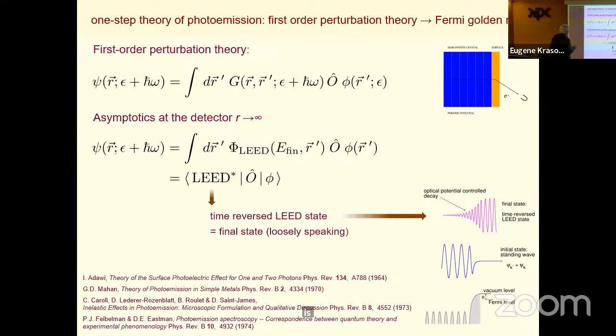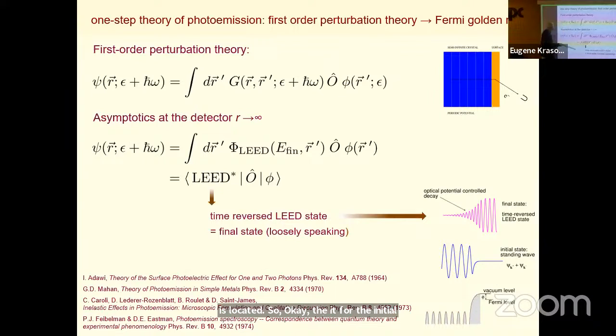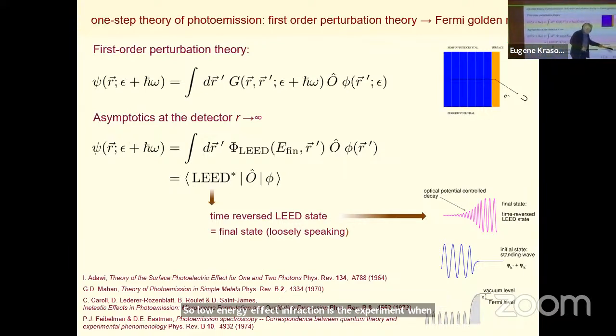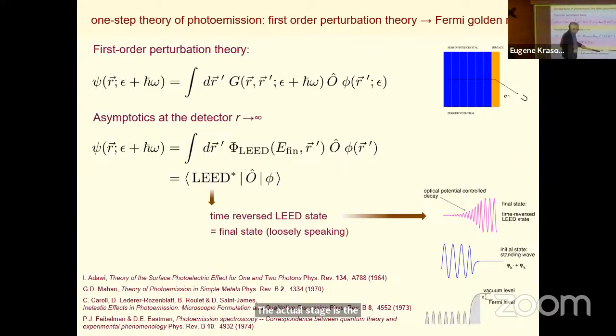So asymptotically, the photoemission amplitude is just the matrix element between the initial state and the so-called time-reversed LEED state. LEED stands for low energy electron diffraction. So low energy electron diffraction is the experiment where you send an electron that is partly transmitted and partly reflected from the surface. The initial state is the standing wave, and we obtain both wave functions